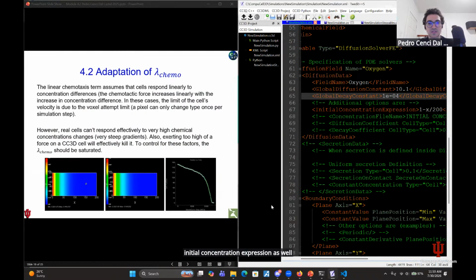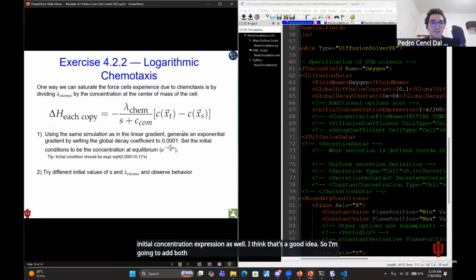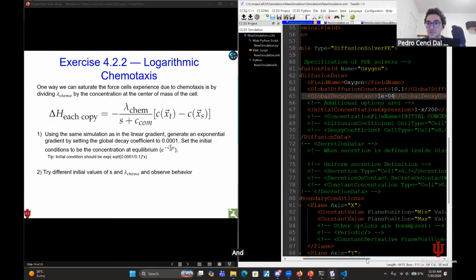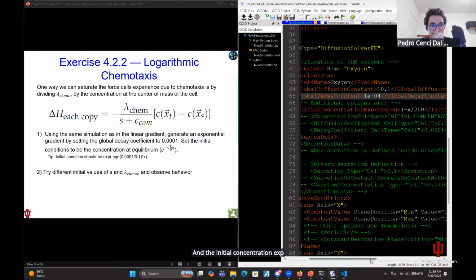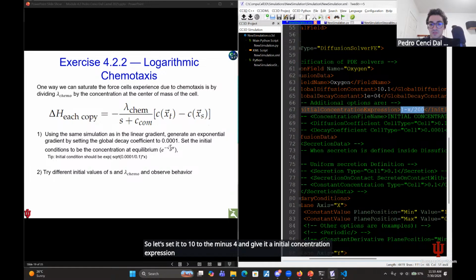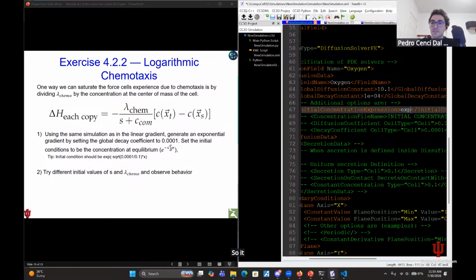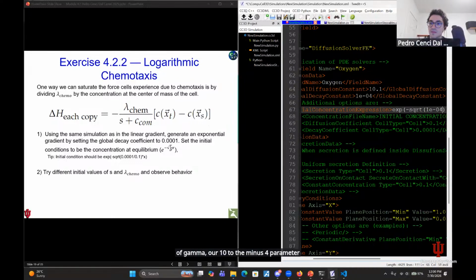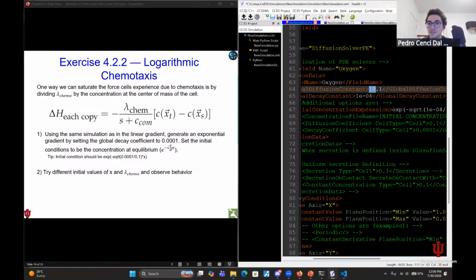I think that's a good idea. So I'm going to add both the decay and the initial concentration expression. So let's set it to 10 to the minus 4 and give it an initial concentration expression that follows more or less that exponential. So it is the exponential of minus the square root of gamma, our 10 to the minus 4 parameter,